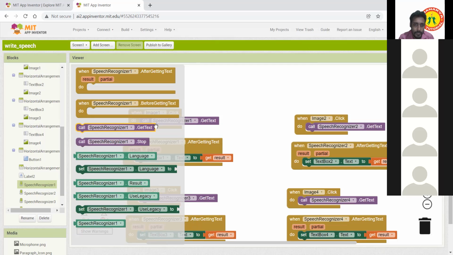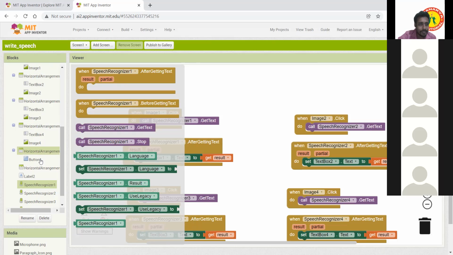So you're doing this under blocks, right? Yes, I'm saying blocks. Can you see my screen? This is the first step.